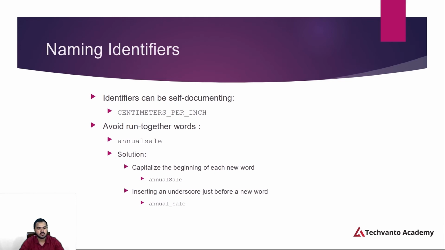And then you can also provide the identifier. We are going to use self-documentation as well. If you want to provide a very good name, like annual scale, you cannot provide it with a space. So for the naming convention, to do it in a very good manner, you can use the underscore character as well, like centimeters_per_inch, then it's going to be very good. If you don't follow the identifier naming convention, then it's going to be